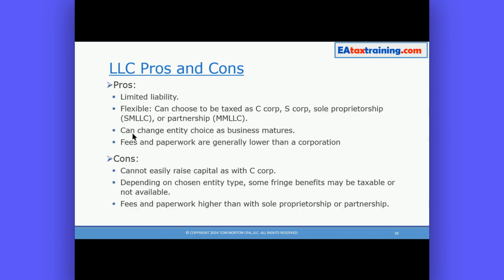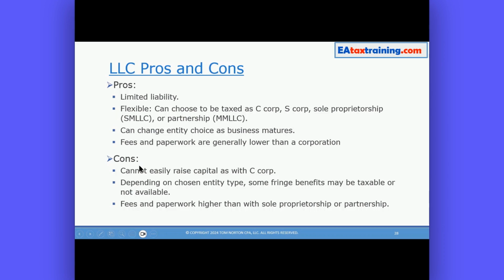So let's say you've got a single member LLC, you can start out as a sole proprietorship. And then later on, you can decide, you know what, I think now it would be better if I were taxed as an S corporation, for example, and you can change and be taxed as an S corp. And then the fees and the paperwork and all the formalities are going to be lower than they are with